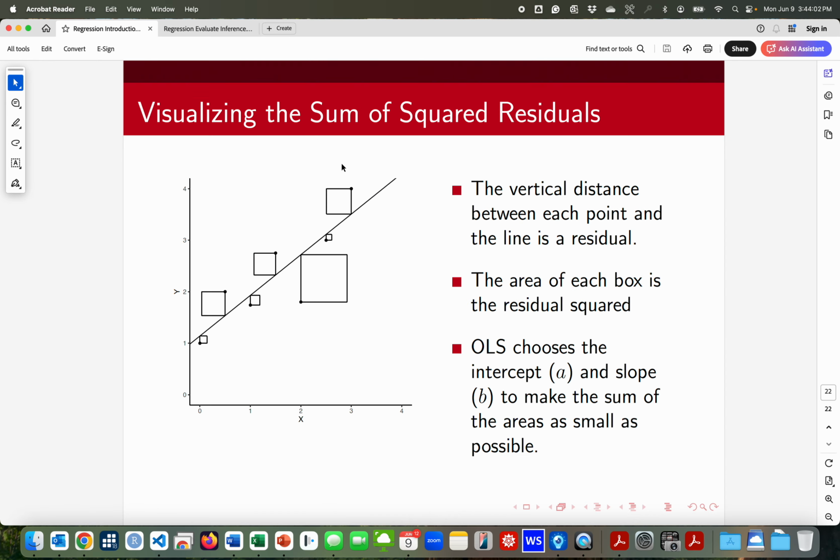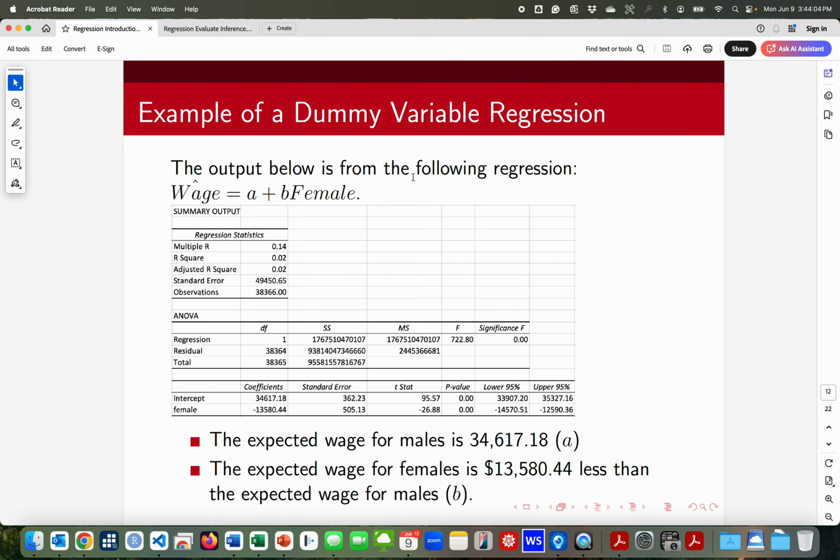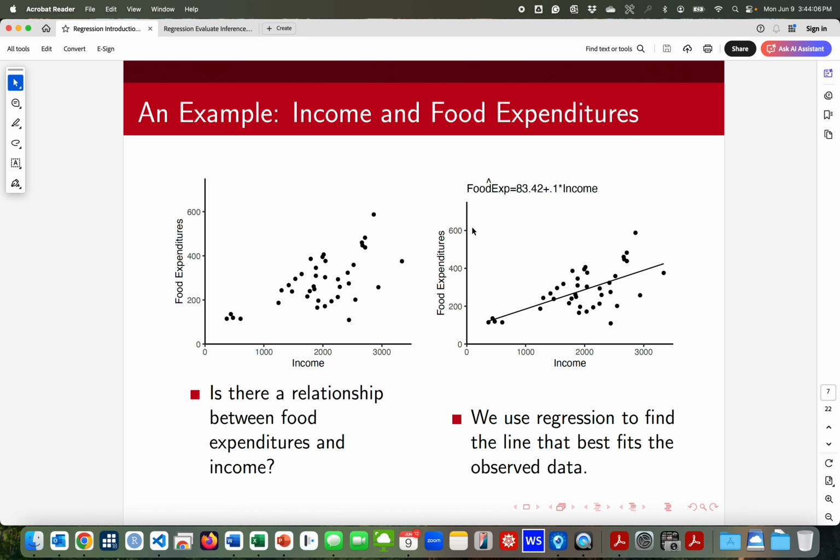So if we go back here to our food expenditure example, there's a certain amount of variation in food expenditure. If we look at this, food expenditures vary. And as we increase income, food expenditures vary even more. Our goal is to use income to explain that variation. So if income can explain the variation in food expenditures,